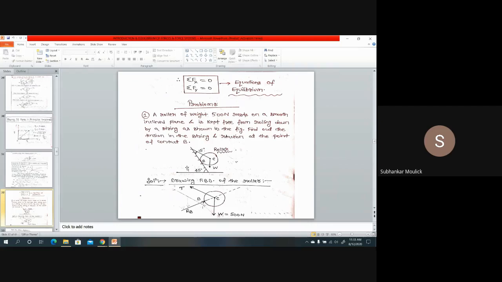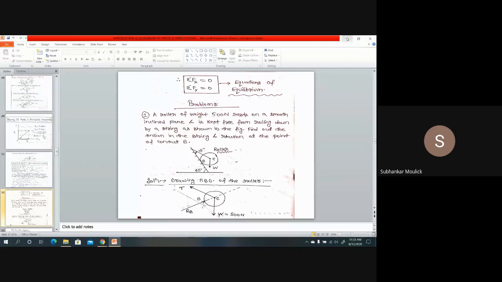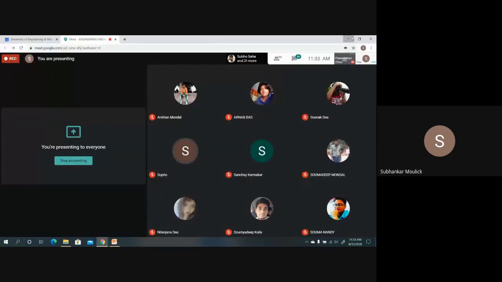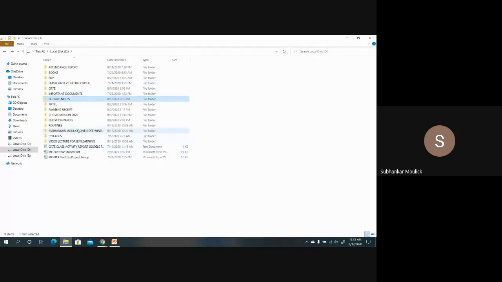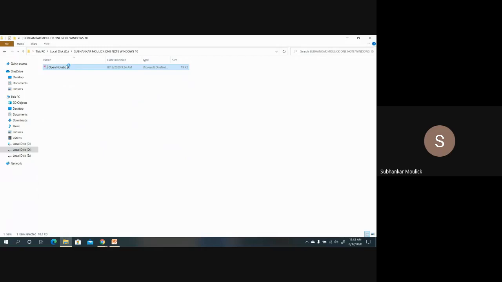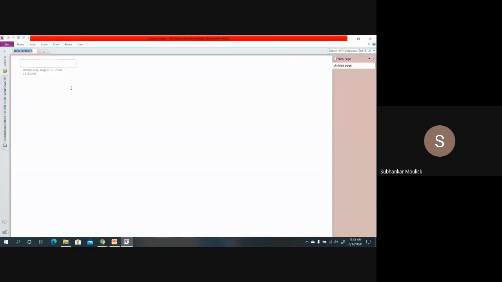That means on this roller, how many types of forces are acting and at what angle they are acting, that is what I have to draw. Fine, let us draw. Okay, wait. Can you see my white screen? Yes, sir. Okay, let us draw.